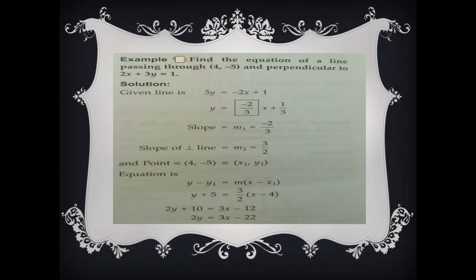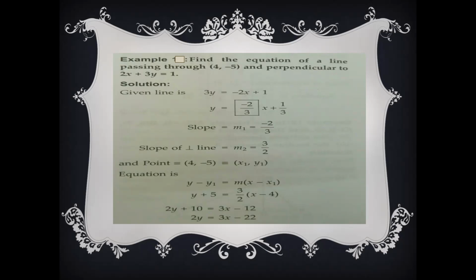Right? So two conditions. One is a point is given and second is perpendicular to this. So हमको पता है कि equation of line बनाना है, तो what do we need is a point and the slope. Now the point is known, 4 comma minus 5, but slope we don't know. But instead of slope, they have given perpendicular to this line.